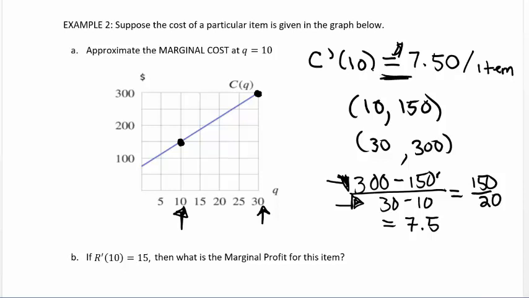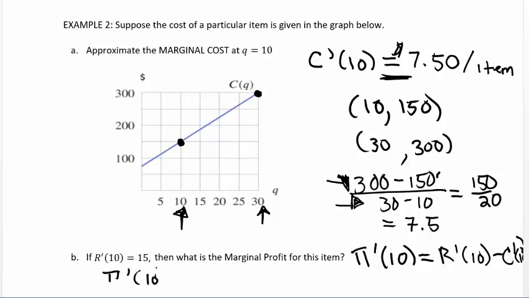Part B says if R prime of 10, so the marginal revenue, is $15, so I'll get an additional $15 if I go from selling 10 items to 11 items, to sell one more. Then what is the marginal profit for this item? So what we need to do here is remember that marginal profit at 10 items, which is the additional profit from making and selling my items, is going to be marginal revenue minus marginal cost at that level. So R prime of 10 minus C prime of 10